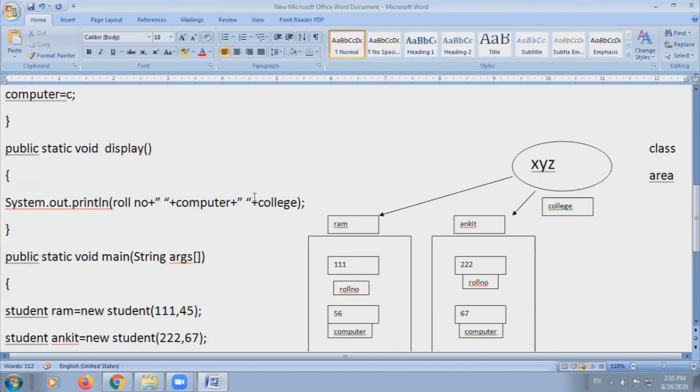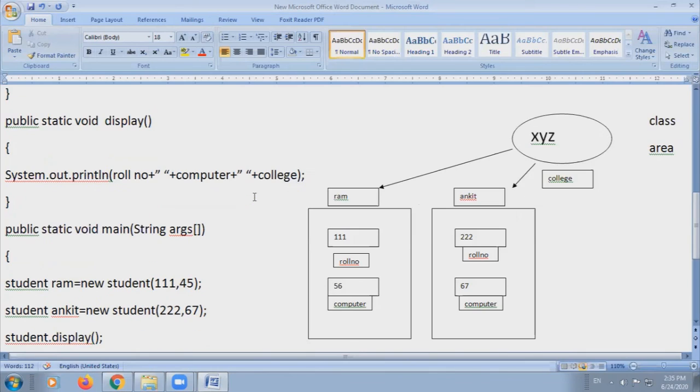I hope you understand it. Always remember a few points about the static keyword: the static keyword is used for memory management in Java. If you have made any variable static, you cannot call it with the help of an object. If you have made any function static, again you cannot call it with an object. So both can be called with the help of the class name, because they both reserve the copy in the class area and they become common to all the newly created objects. So this is all that you have to remember for the static keyword.